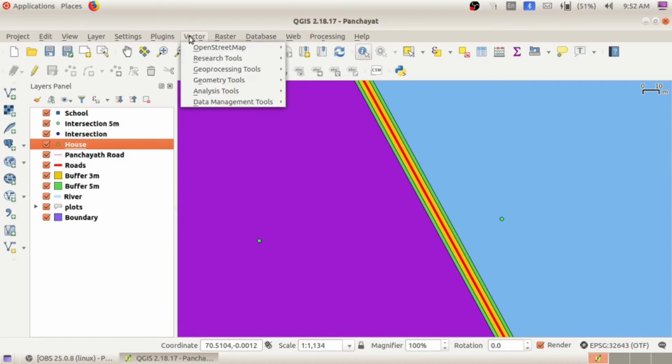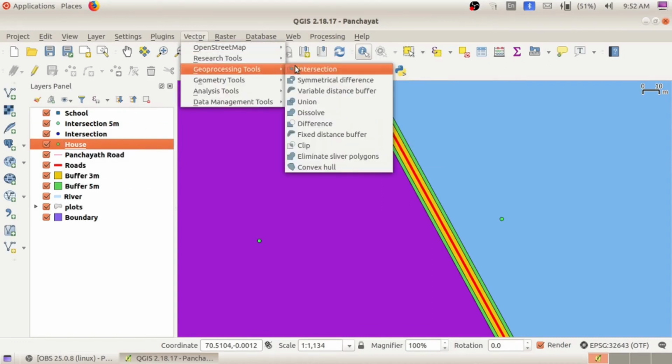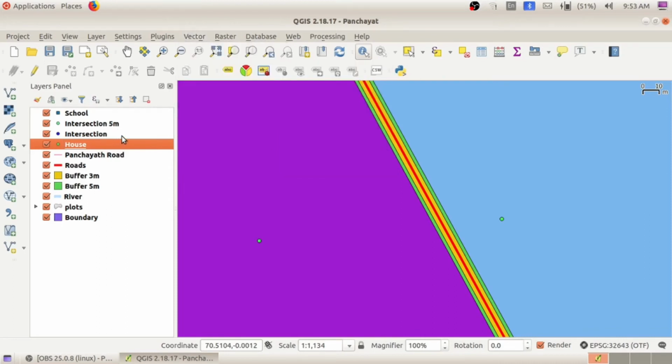Regarding the house, go to the vector option, geoprocessing tool, intersection, and then create two intersections. One is 5 meter, the other one is 3 meter. So by clicking on the attribute table, we can view the attributes. Okay, we can view the details of these particular houses. So one thing is buffering of the road, another one is intersection. That comes under this buffering topic.